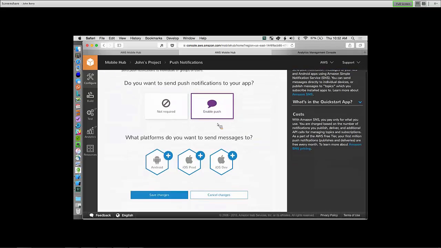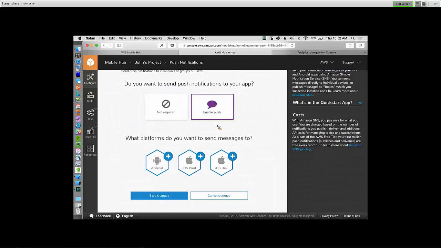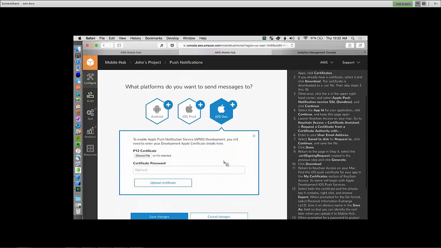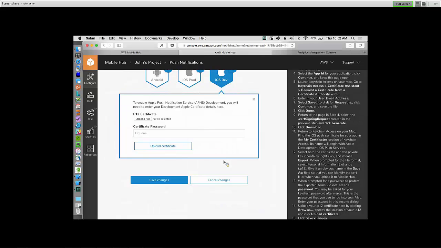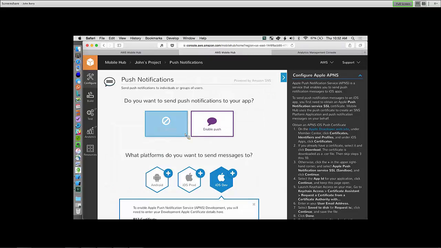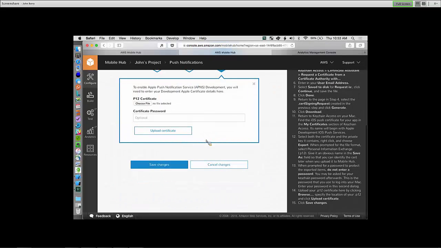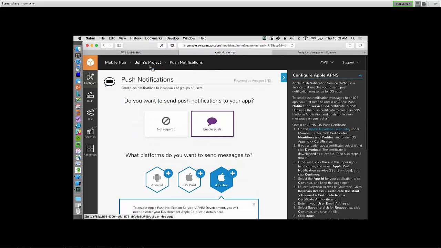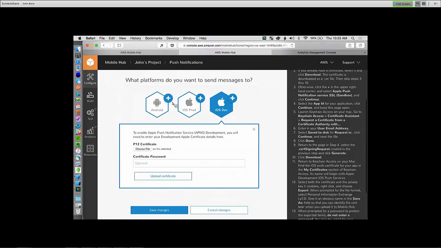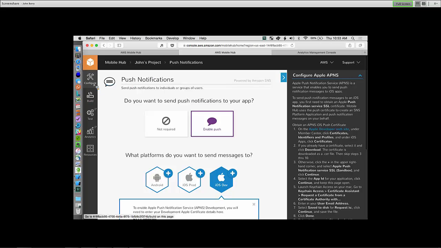If I enable push, then I choose the platform that I want to use, Android, iOS, production, or iOS dev. At this point, I would upload my P12 certificate, my certificate password if I have that, and save it. I'm going to go ahead and move on and not do this in this demo. But that's what it takes. And at this point, what would happen now is the SNS service has been set up for you. Your certificate has been connected up with it, and the sample application will showcase that.